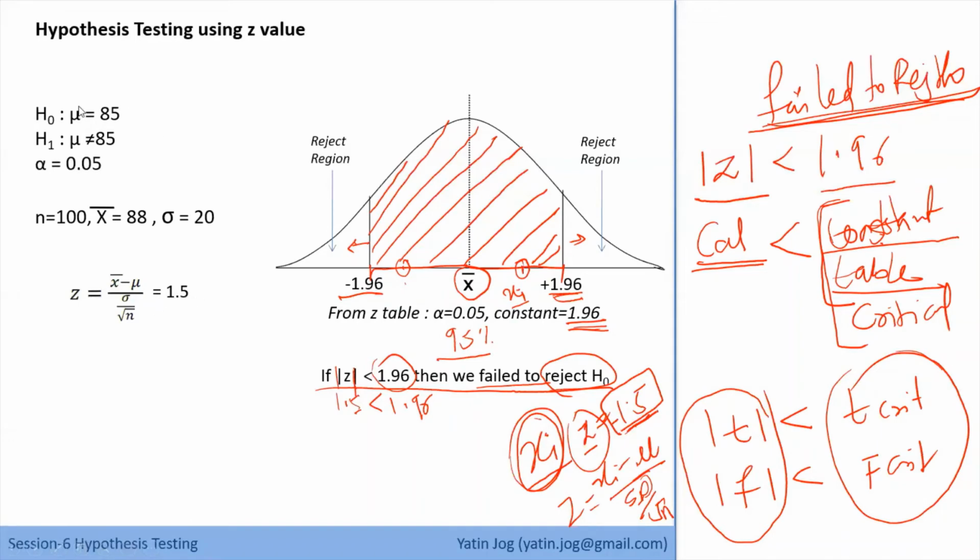That indicates that for this data set, if I want to plot it on this normal distribution graph, I have to plot it at a distance of 1.5 from the mean. That is the meaning of Z: Z is a distance from the mean. So if I plot 1.5 distance from the mean, it will come somewhere here, which is in the accept region. Why? Because 1.5 is less than 1.96. Be it 1.5 or minus 1.5, both are in the accept range, which are less than 1.96. So in this case, we fail to reject H naught. That means we are going ahead with the basic assumption of mu equal to 85.